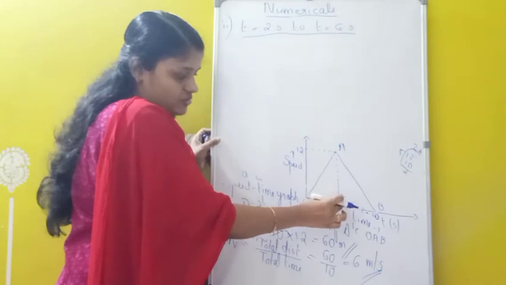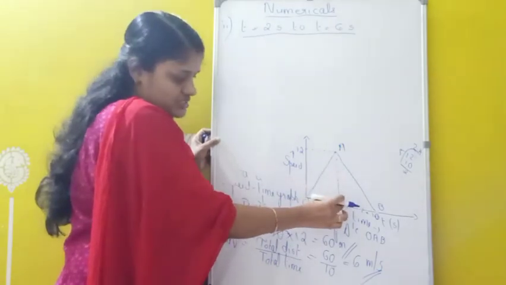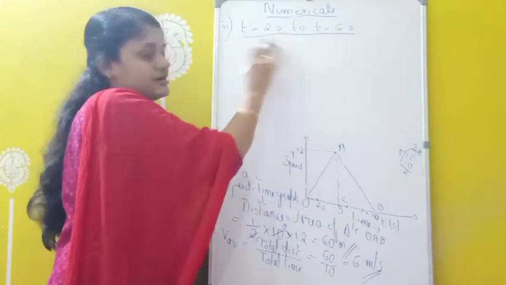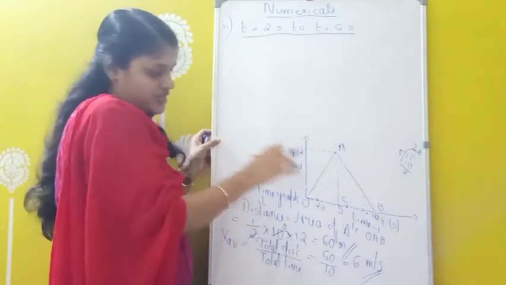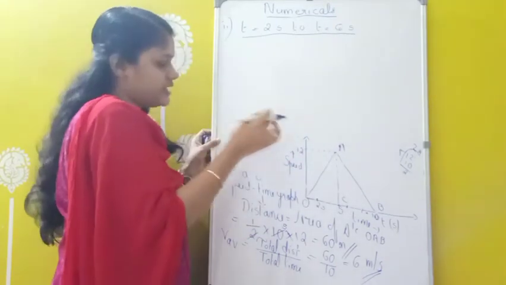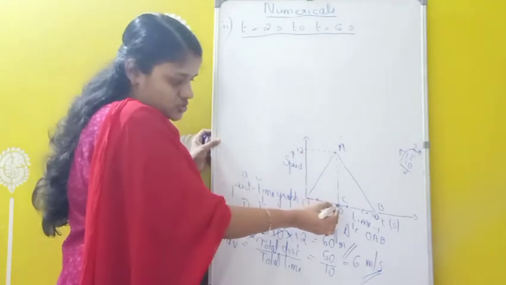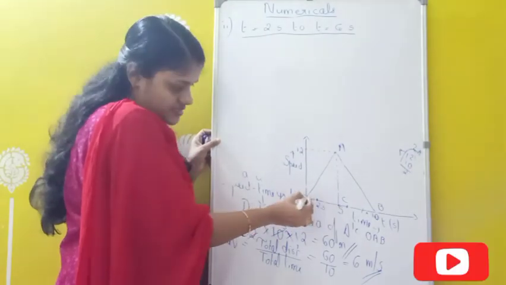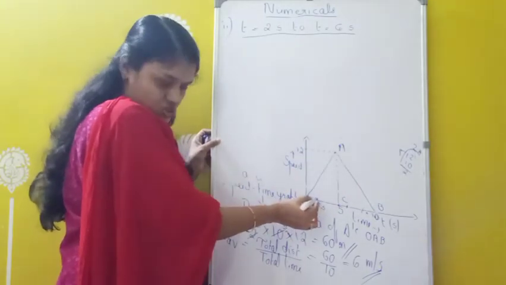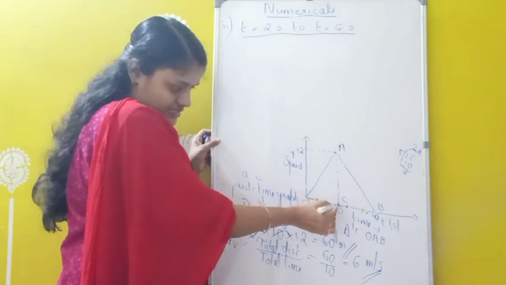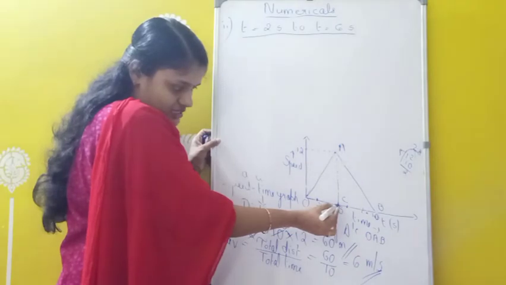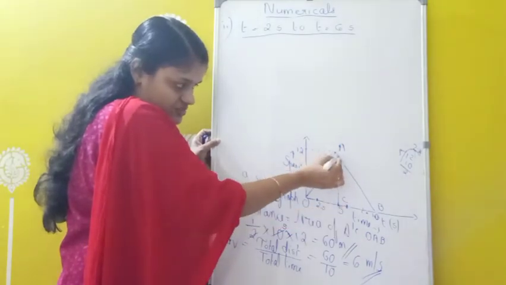But here we cannot find this distance from this graph because this is not a proper shape. If there were a proper shape, we could find the distance from the area under the graph. But here we are not getting any proper shape, so we have to find it in some other manner. The interval t equals 2 to t equals 5 seconds comes in the first journey, that is, the upward journey OA, and t equals 5 to t equals 6 seconds comes in the